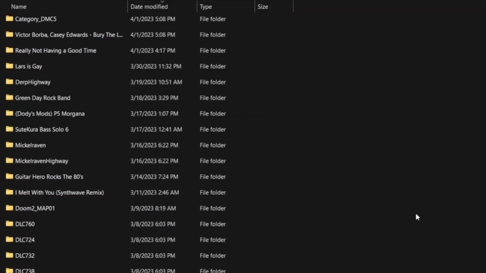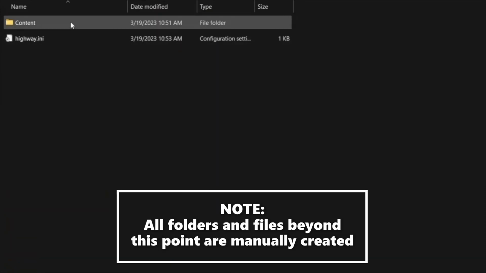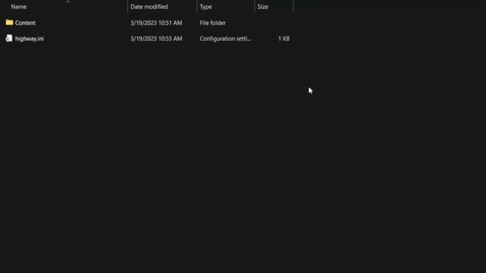I am now in my Guitar Hero World Tour Definitive Edition mods folder. And as you can see, I already have this finished. I made a folder named Derp Highway. And you can see we have a content folder in here, and a highway.ini file. Now when you create your content folder, all you need to do is put in your image.xen and your pack.xen